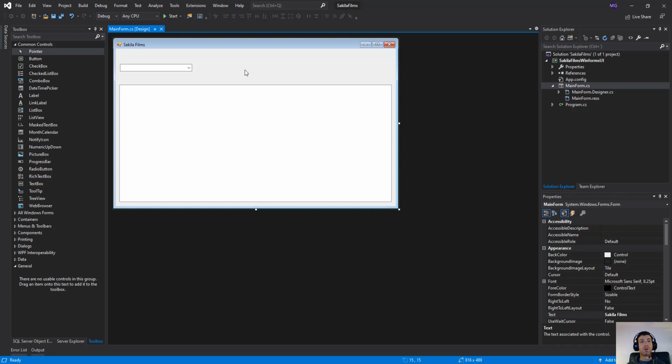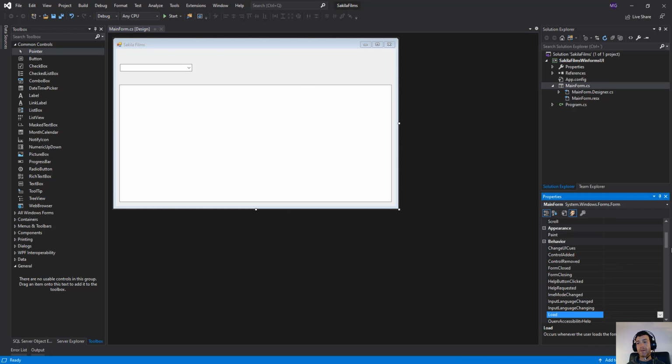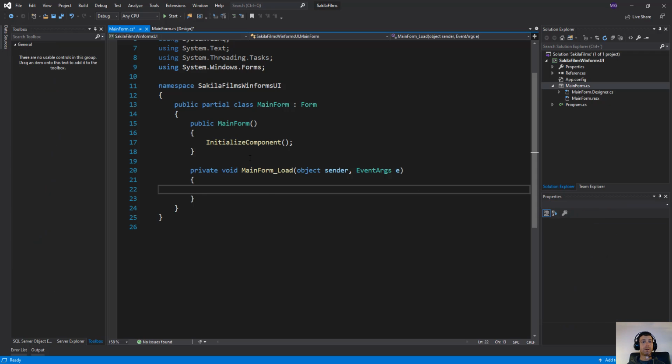We have, as we have said, in the onload event of this form. So let's create it. Good. We have a main form load, and from here, what we have to do now is establish a connection to the DB server, okay, and from there read category